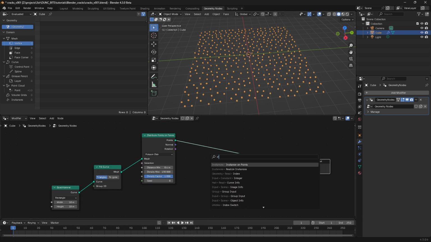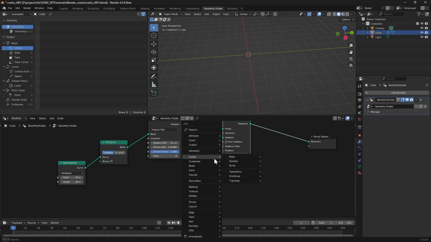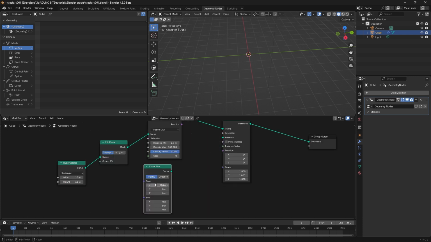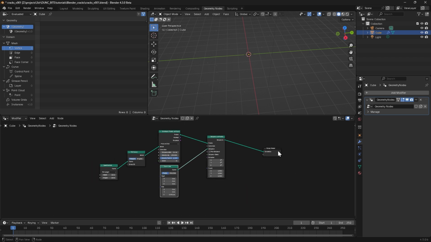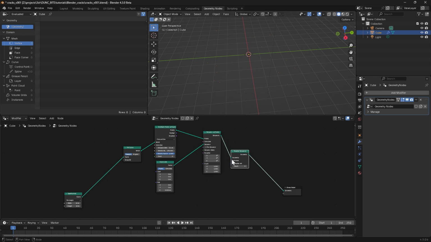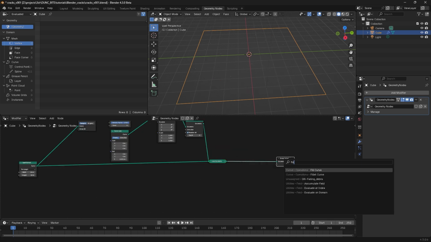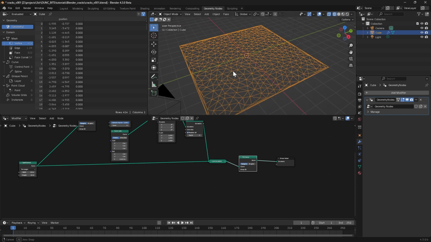And then we want to instance on those points a very small curve object. And the only reason for this is so that when we ultimately fill our curve, we've got some interior points that will generate that triangulated topology for us. So we make a curved line, extremely small, something like this, instance on the points, and then if we realize those instances into actual geometry, join them with the quadrilateral and then add a fill curve at the end, we should get some nice evenly spaced